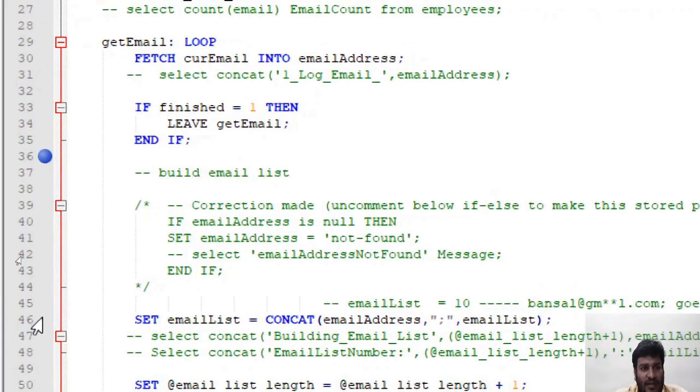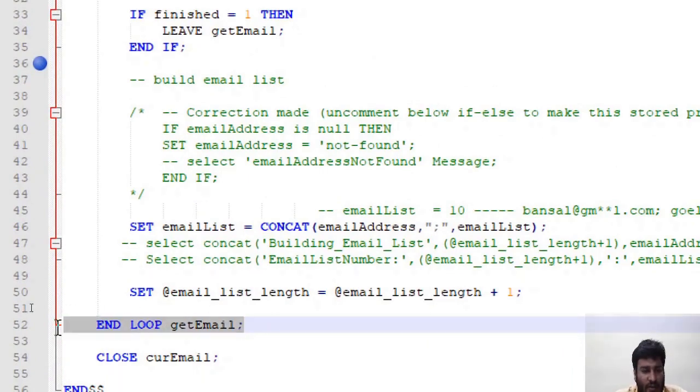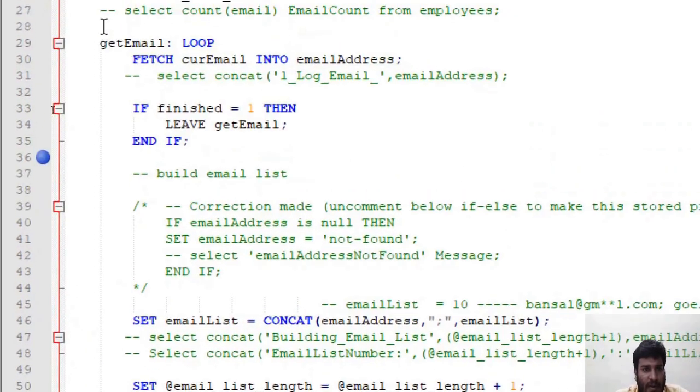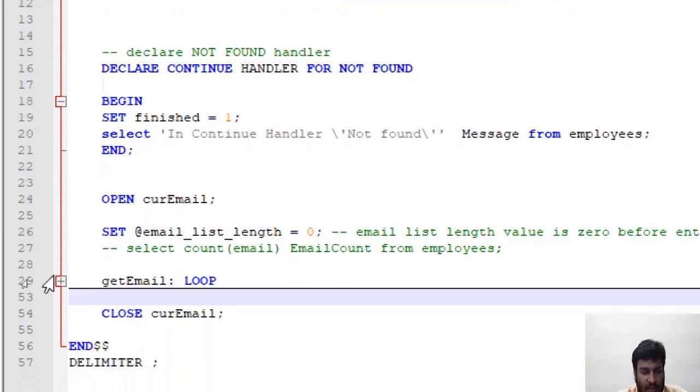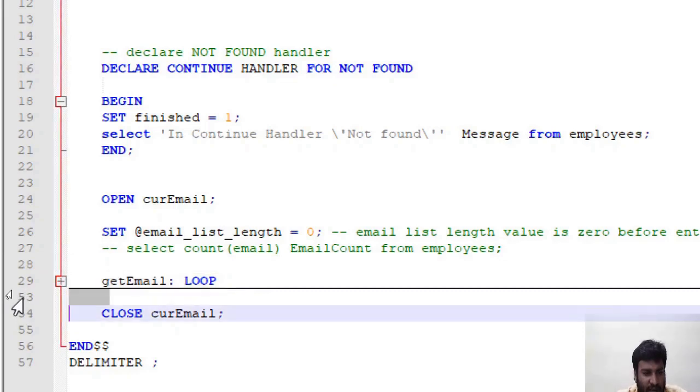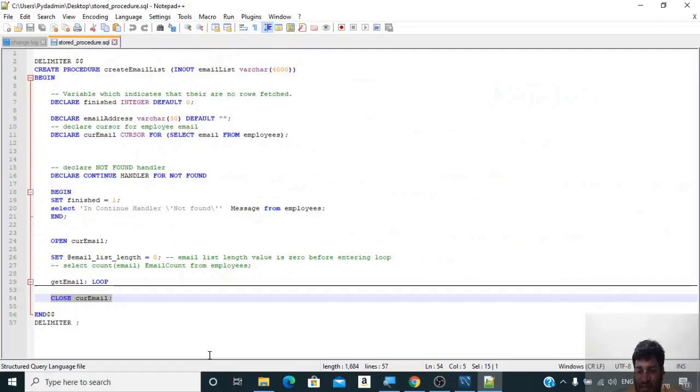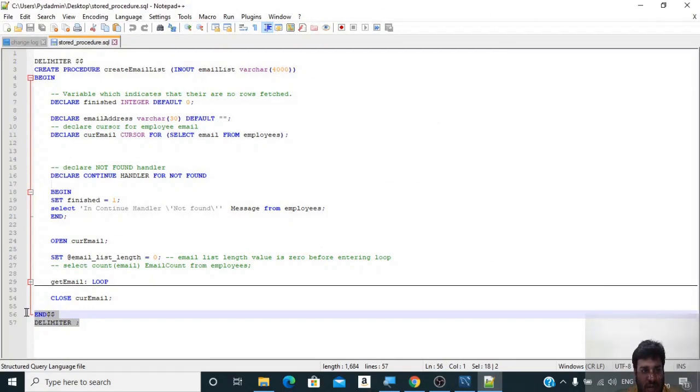You can see that the loop starts from line 29 and it ends at line 52. After this loop, let me go ahead and put them together by clicking on the minus sign over here, and it has all the code. You can see over here this is line 29 and then 53 comes. So all of the code is hidden. And at last we have in the script the close cursor. As per the diagram which we discussed, now we are closing up the cursor at the end, and then this stored procedure is finished.